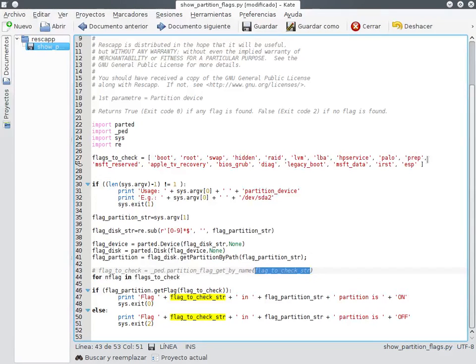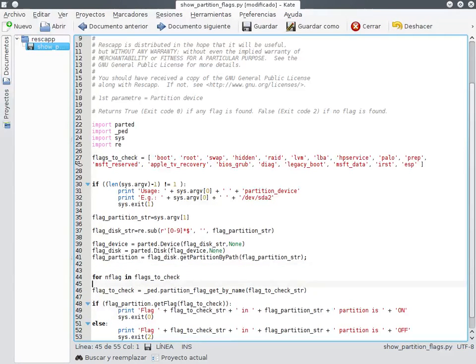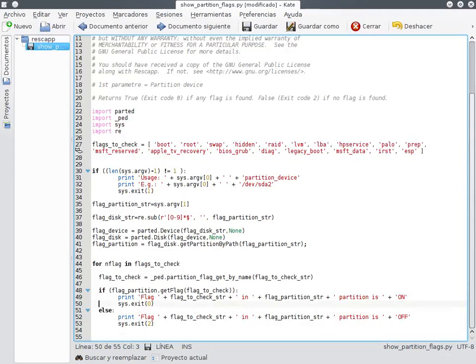So maybe I should just use the original one, but I'm not sure if it's worth it. So the idea is that flag to check. So for flag, we need to indent this properly. So for flag in flags to check,